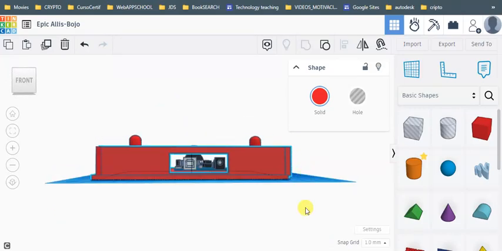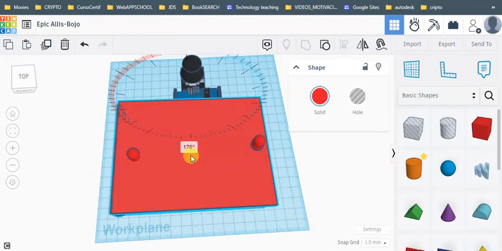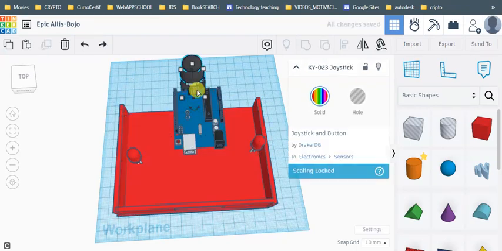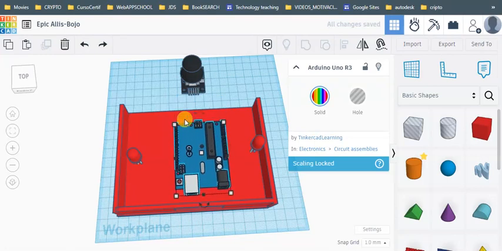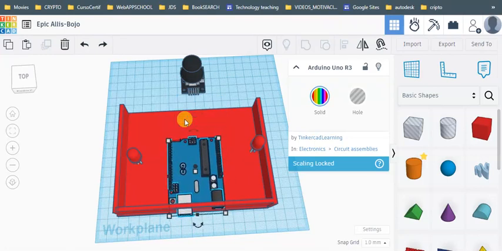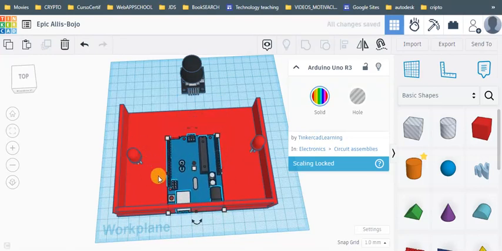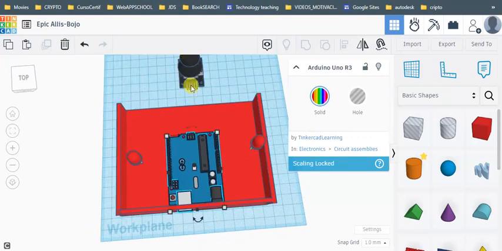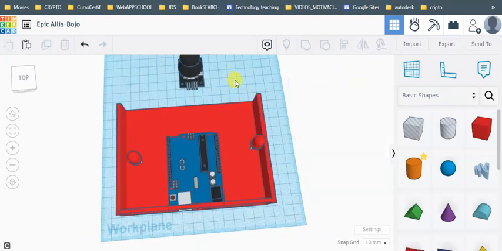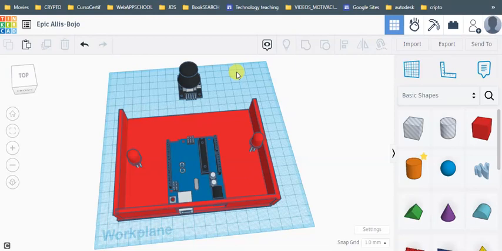Okay, I already have the hole. I'm going to put the joystick and the Arduino again over here. Excellent. And we need to put, of course, the holes for the LEDs because we need to see the lights, and also we are going to make a case for the joystick with the proper connections to the bicycle. Once you finish all of this, the two boxes, one for the joystick and one for the Arduino and the LEDs, and also